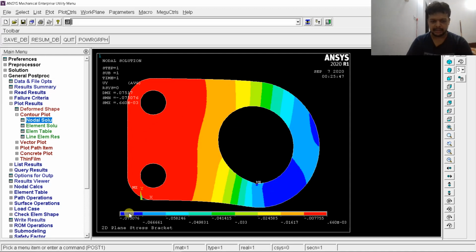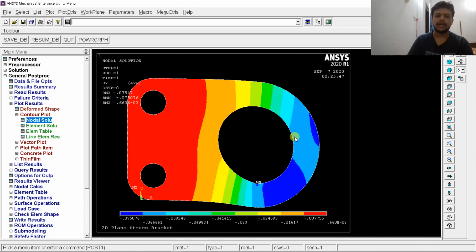Here there is a strip showing the magnitude of deformation at different zones using different colors. The red color has something like minus 0.007755, and the blue color has a magnitude of minus 0.075076. So you can compare where the maximum and minimum deformation are.